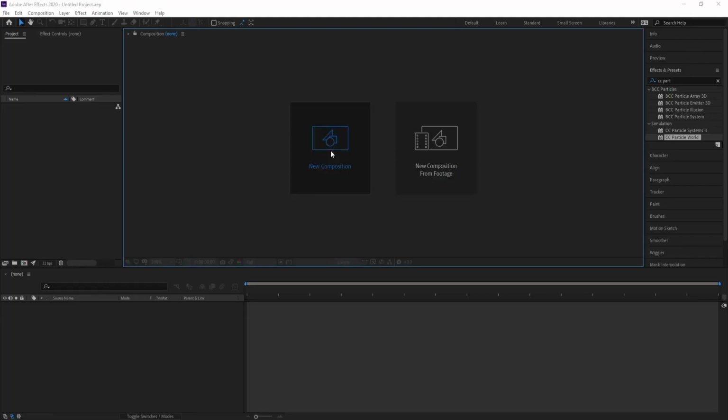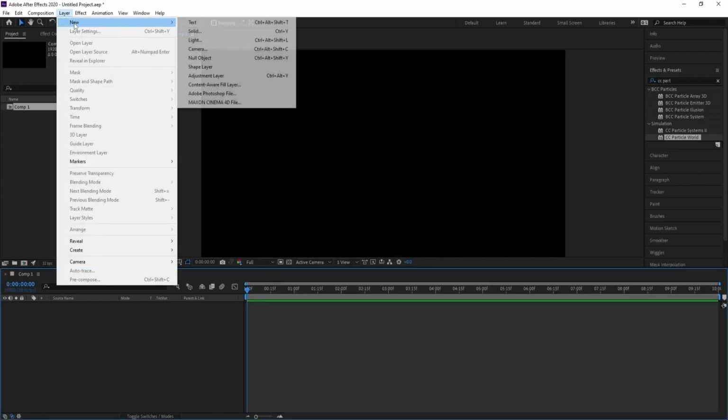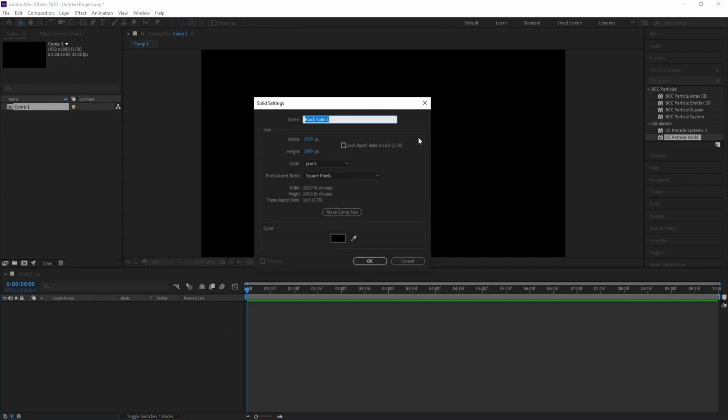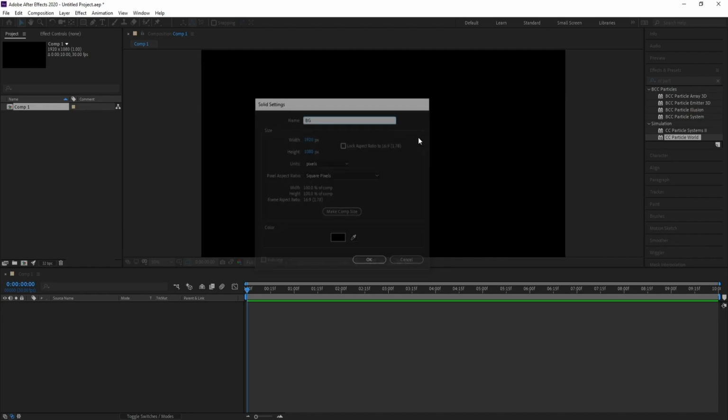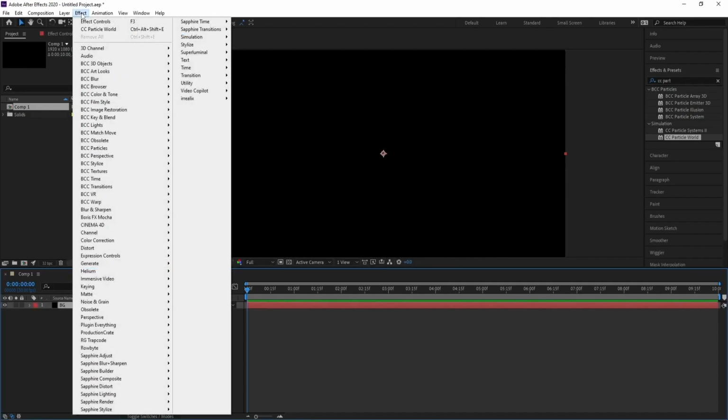Okay, first I'll create a new composition and I'll make it full HD, frame rate 30 and duration 10 seconds, then hit OK. Go to layer, new solid and I'll name it background, then hit OK. Go to effect and generate,